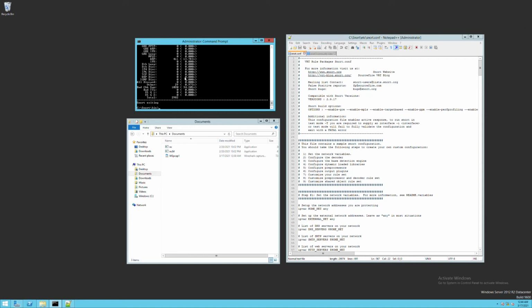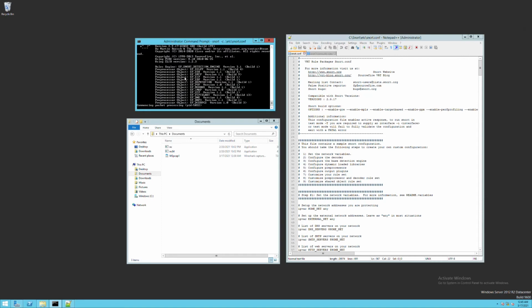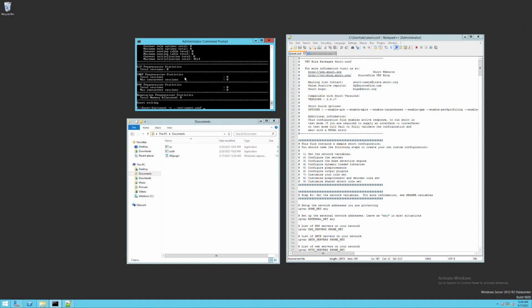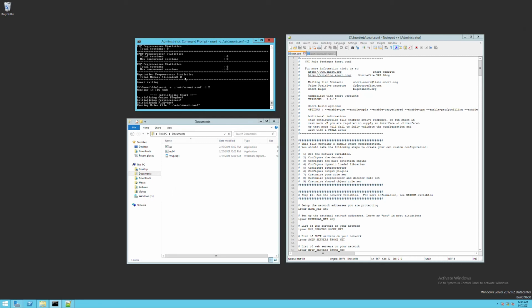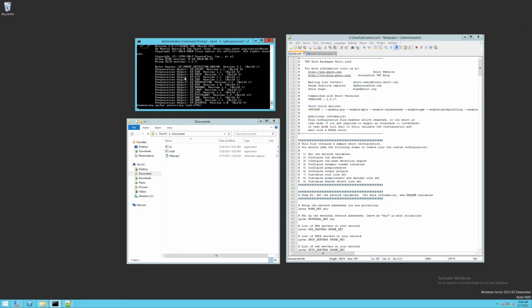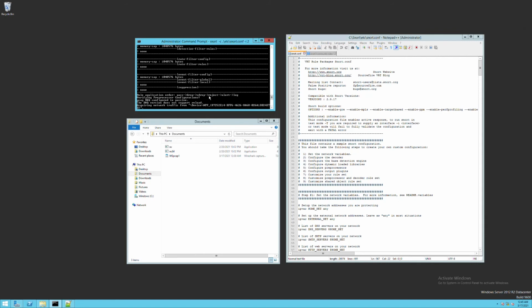Now, if I want to use those rules that I created from earlier, I'm going to use -C, and then I'm going to find the configuration file. Traditionally, those are stored in the etc directory, and they're typically stored as snort.conf. So I forgot to initialize the interface. So if I do -I2, we go ahead and